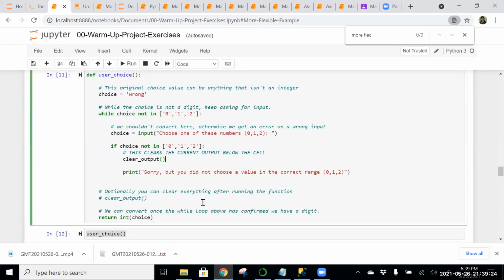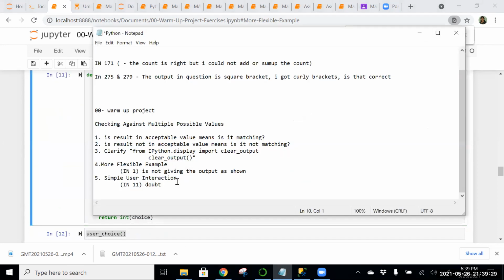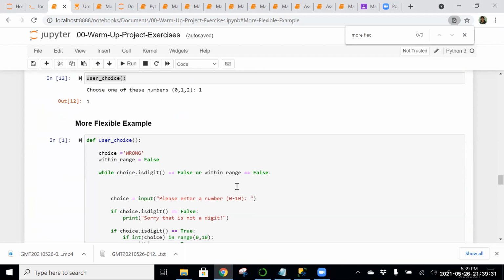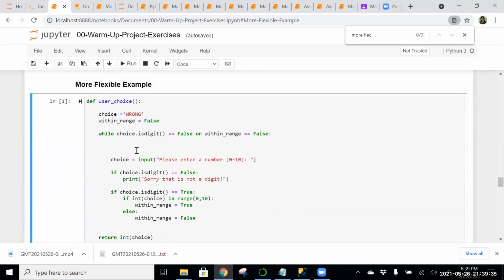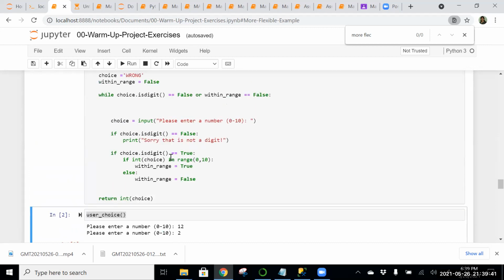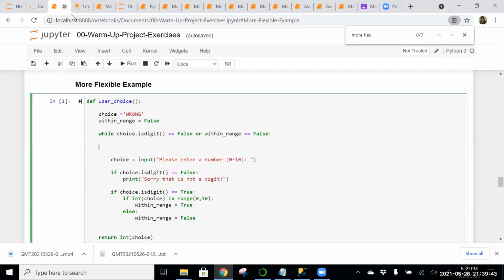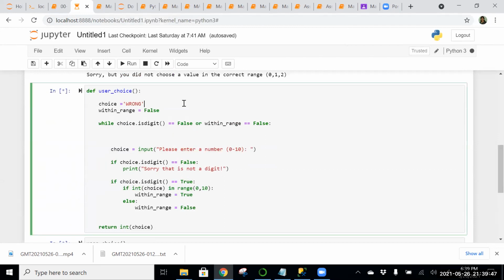Okay. I tried to execute this query, but I didn't get the output in this way. Once again, one second. You have made a function over here, with choice equal to wrong and within range equal to false.